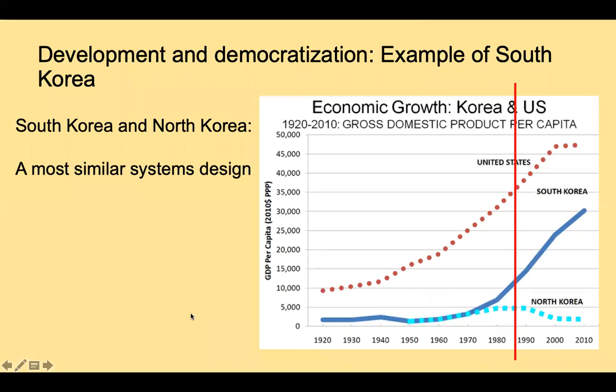Let's take a look at two cases and look at them more closely. We talked about South Korea. South Korea is a good example because they democratized in 1987, and this took place right in the midst of a process of rapid industrialization that had helped to increase education levels and had enlarged the middle class. When we look at South Korea and North Korea, it's what we would call a most similar systems design, as you know, because they're very similar but they have a different outcome.